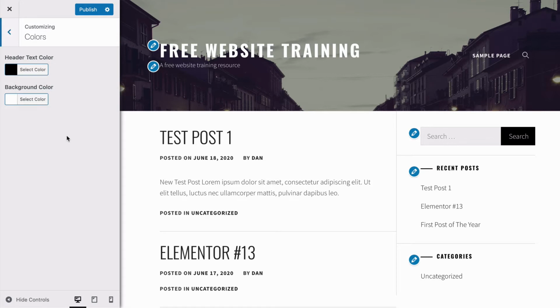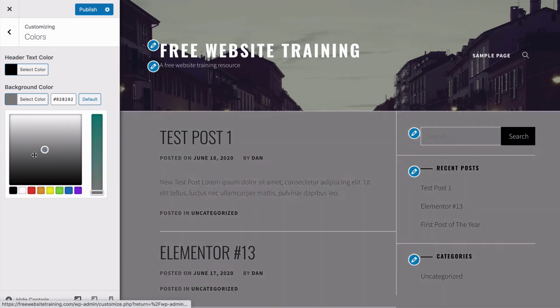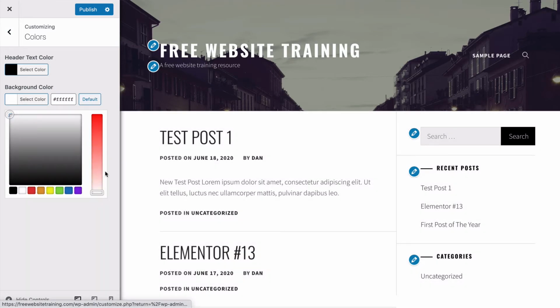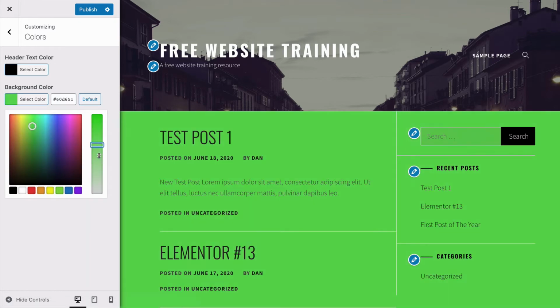So next, colors. Now, depending on what your preference is, how you want things to be, you can change all of the colors on your website to your personal preference. Now, I don't recommend something ridiculously garish that makes your site completely unreadable. I mean, you could have something that's maybe very bright green. So really be aware